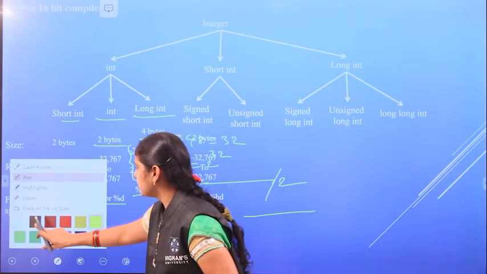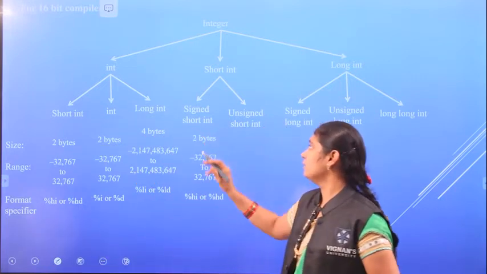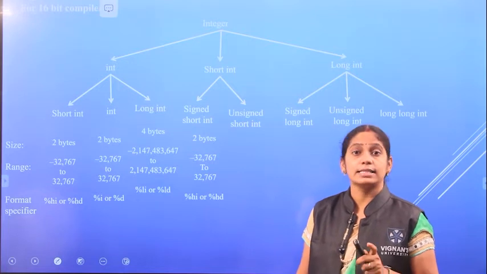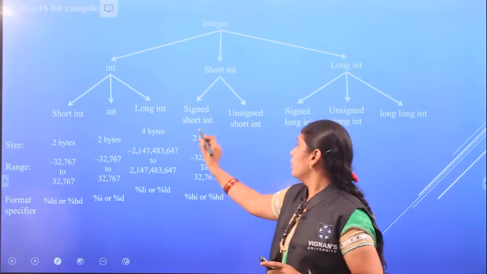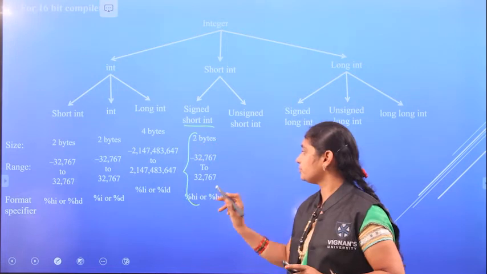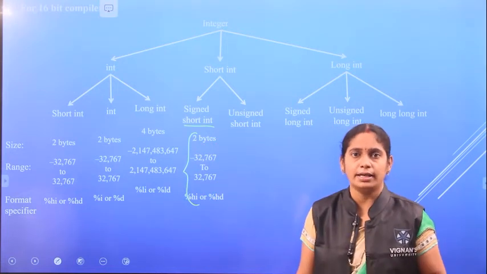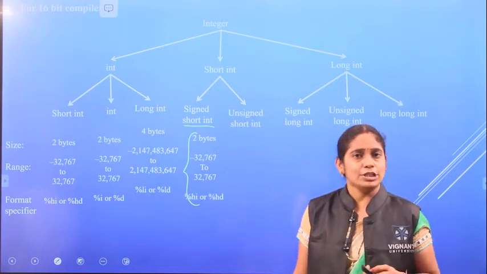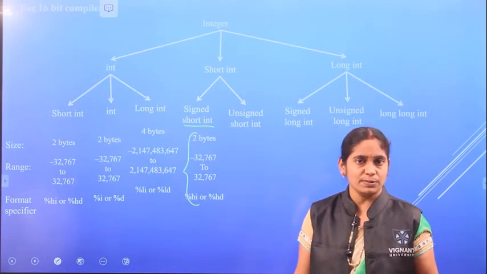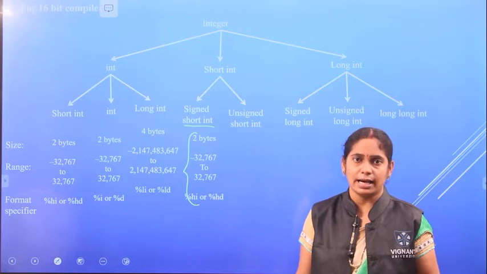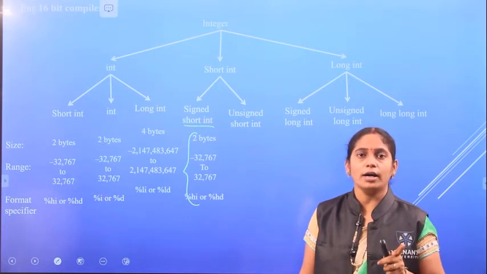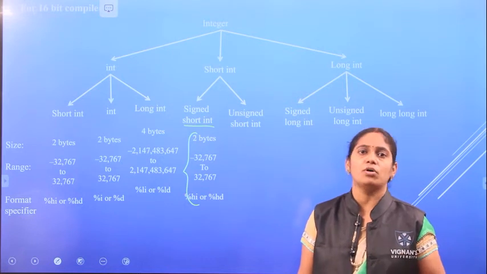Then coming to the next, what we have? Signed short int. If you observe it clearly, signed short int and short int, these two. What is short int? We specified nothing before that as signed or unsigned. So by default, short int is signed form only.